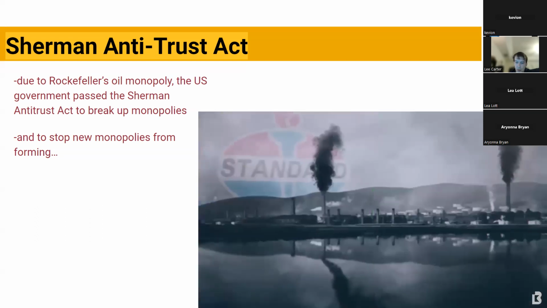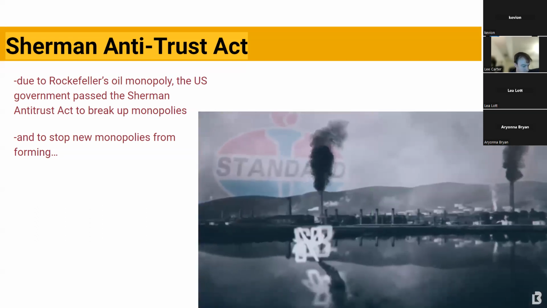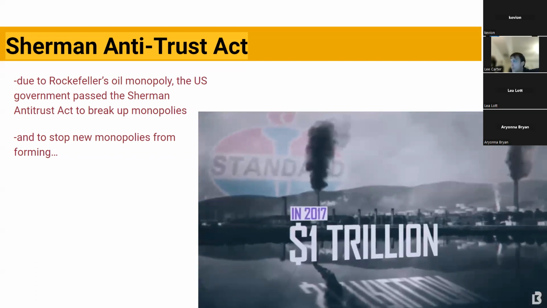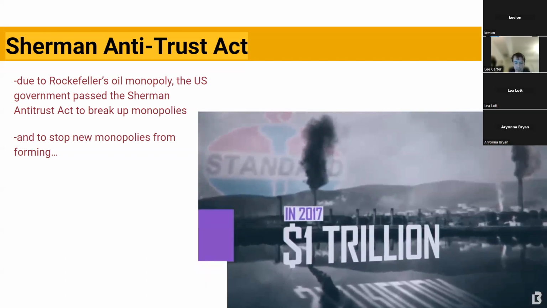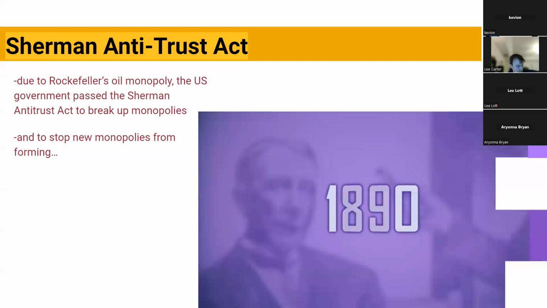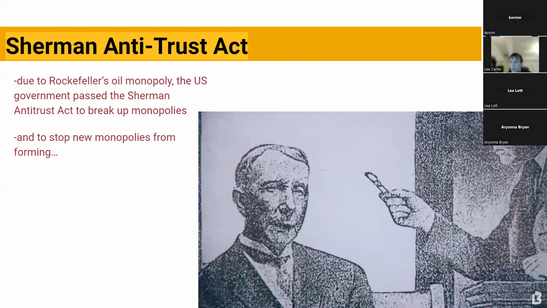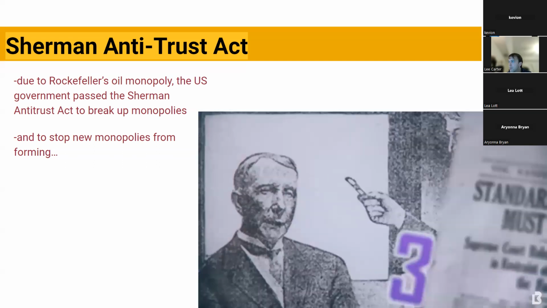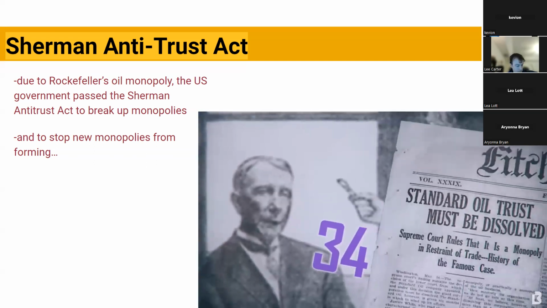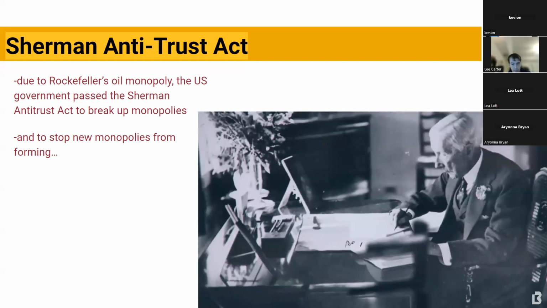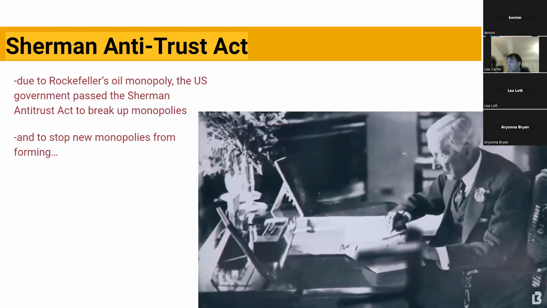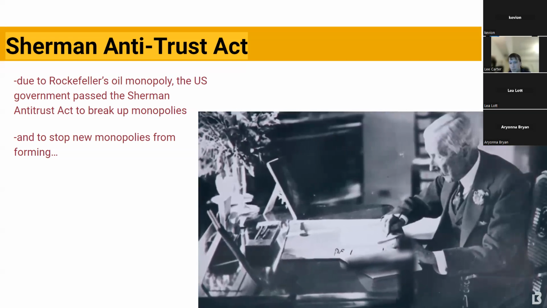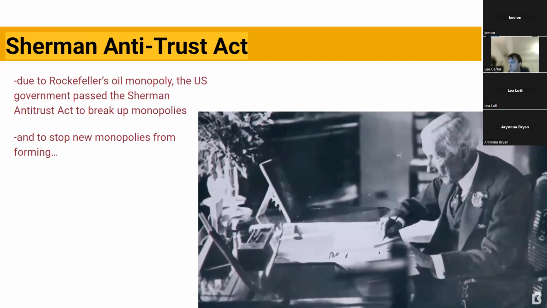By some estimates, the true worth of Standard Oil at its peak was $1 trillion, so the breakup didn't really come as a surprise to most people. In 1911, the Supreme Court found Standard Oil guilty of anti-competitive practices and broke the company up into 34 separate entities. Of course, John Rockefeller kept his stake in those companies until his death, and in fact it turns out that the breakup was the most profitable event in his life.